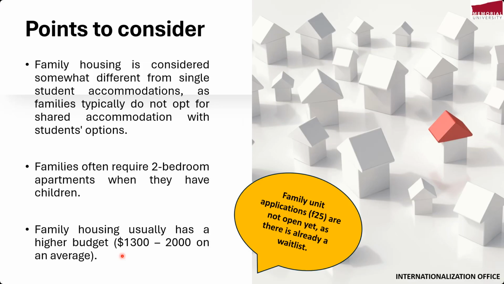Off campus, it is important to know that family housing generally costs more, because you are going for a full private unit or private apartment. And if you have kids, not only a couple with kids, that means you have to go for at least a two-bedroom apartment, which will cost you around 1800 to 2000 on average. So if you are bringing your children, please make sure you are clear about the unit size and who is allowed to live there.